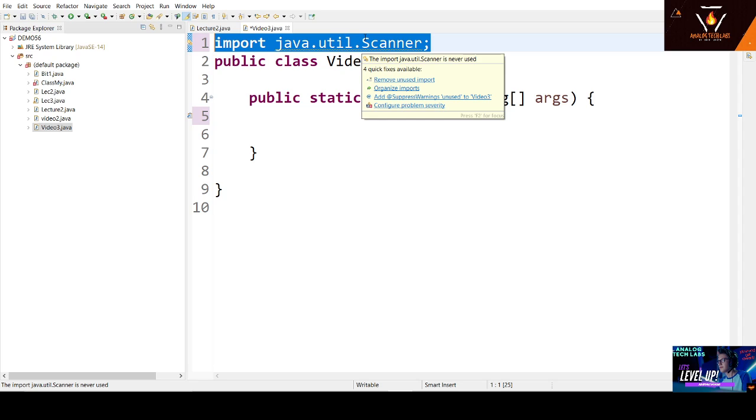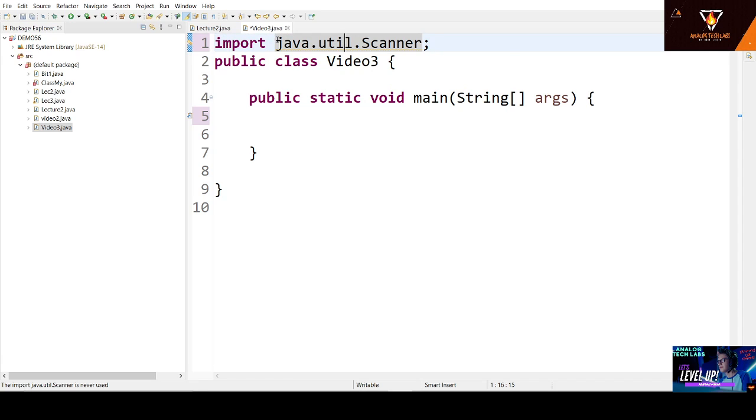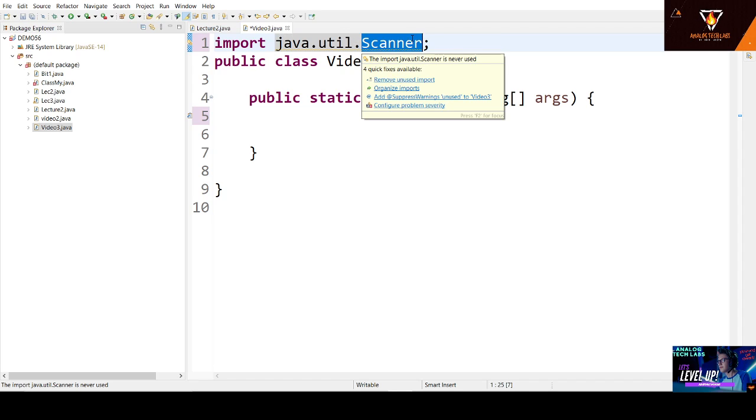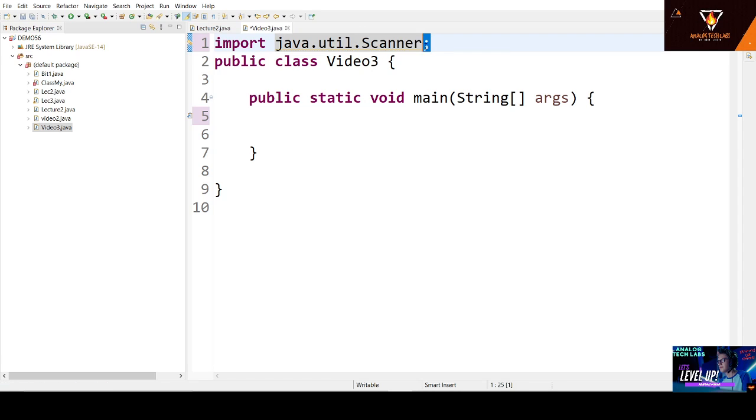Inside the library there are different sections: this section is computer science, this one is history, this one is mathematics. In the computer science section you search for a specific book. Similarly, java.util is a big library and Scanner is a small book inside that library. So you have to write this line to make your program take input from the user.